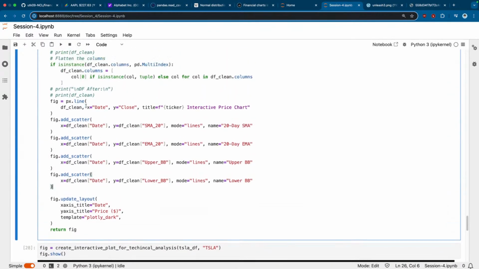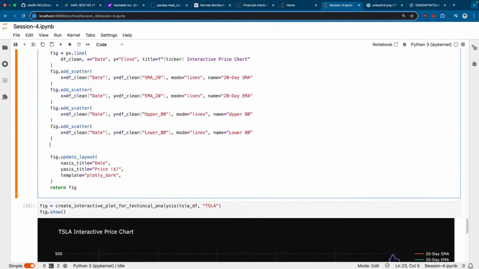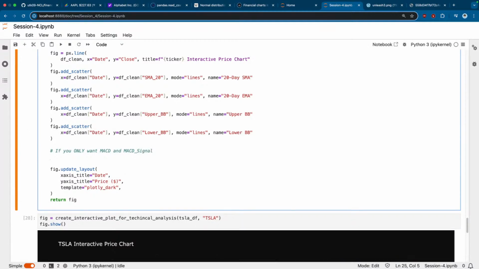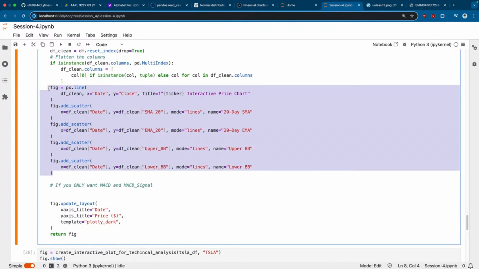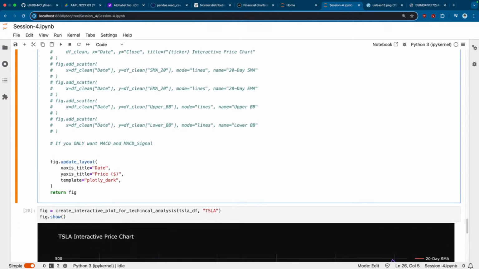Okay, next, as I was saying, if you only want to plot MACD and MACD underscore signal, what you could do is, let's say I'm going to comment all of this thing, technical analysis plotting. If you only want this part,